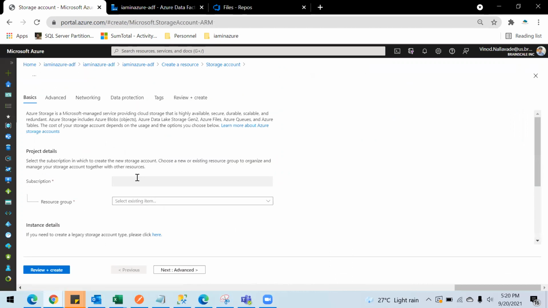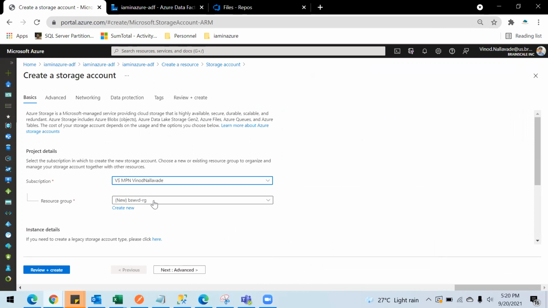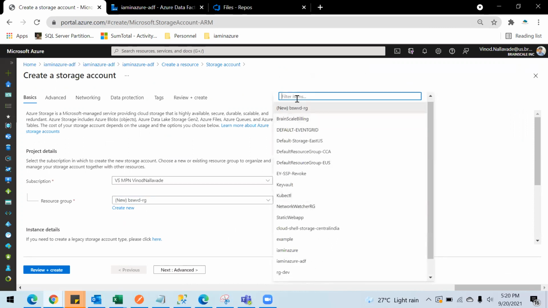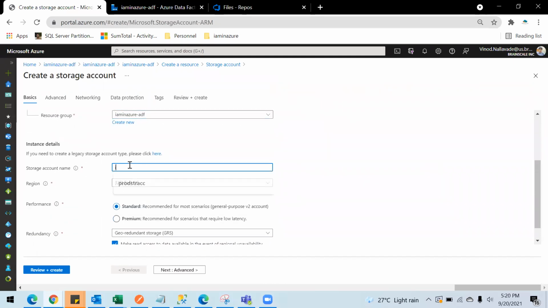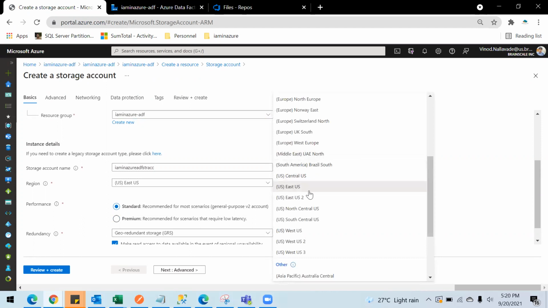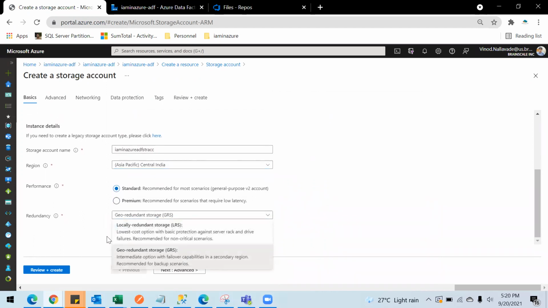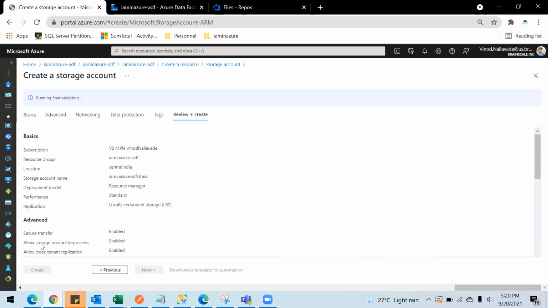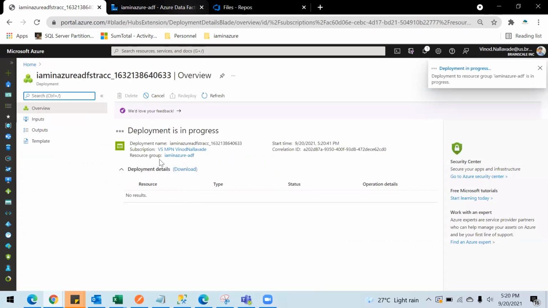So storage account, the subscription, the resource group, and the storage account name. Region, and review and create. So this will create me a storage account, and I'm going to use this in my pipeline.